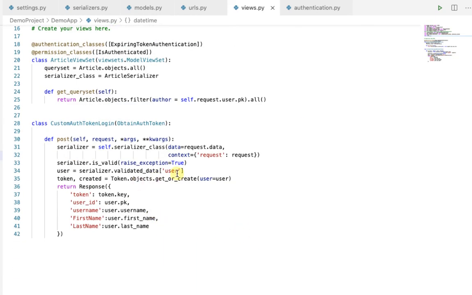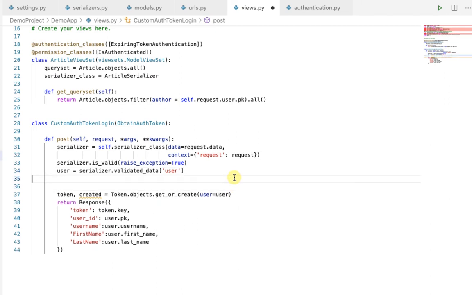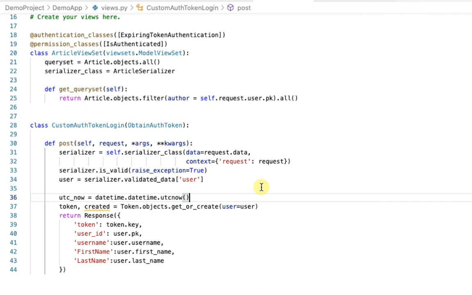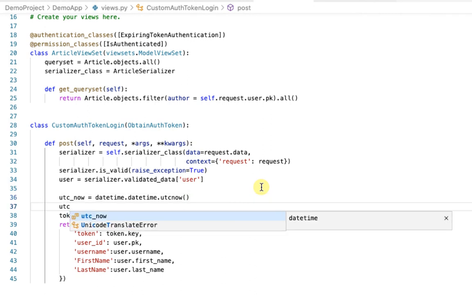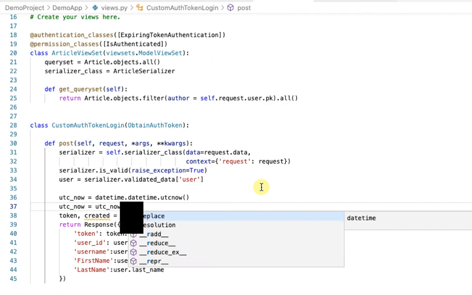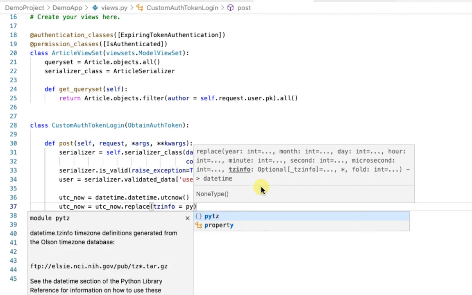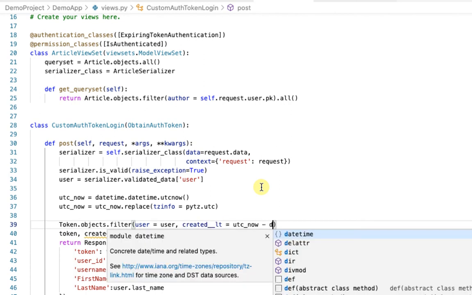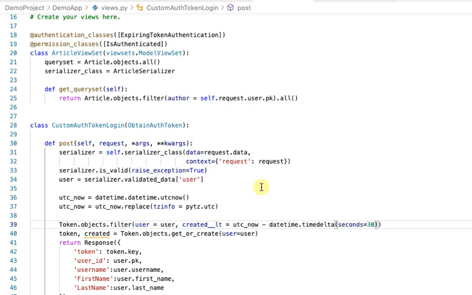In the custom auth token login, get the current timestamp. I am filtering the token by the logged-in user, and if it is older than 30 seconds, then I am deleting that.